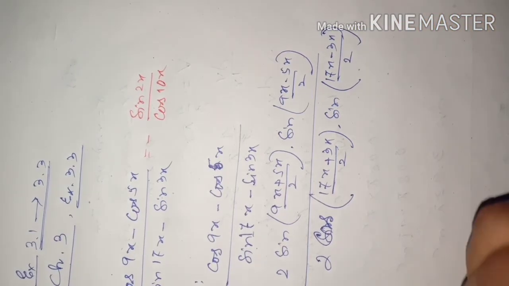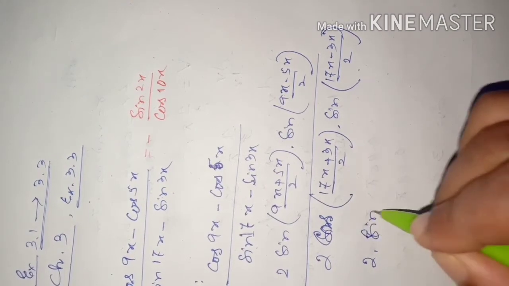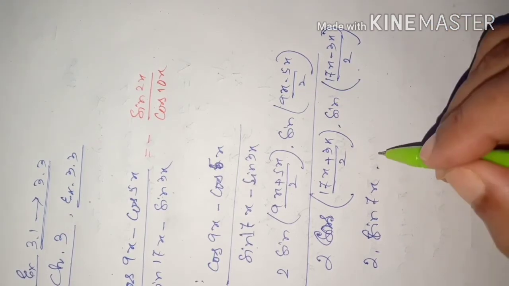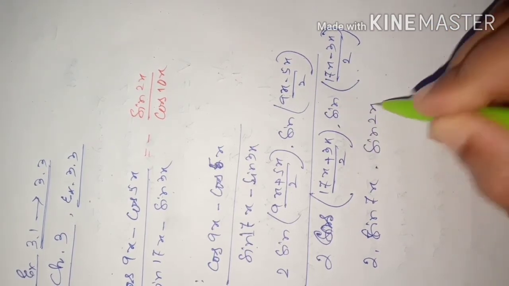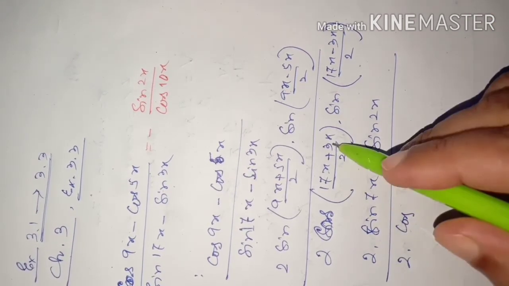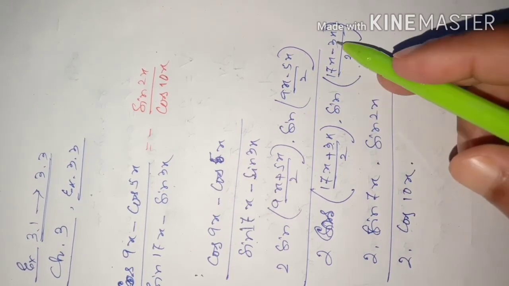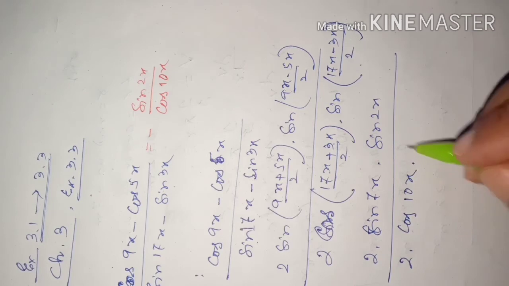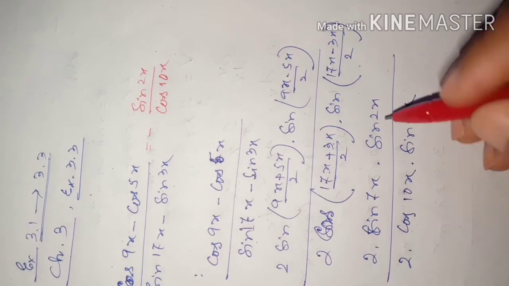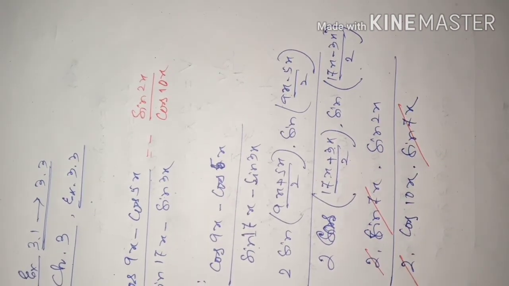Then we will get 2 times, this is 14 by 2, 7x, so sin 7x into, this is 9 minus 5, 4 by 2 is 2, so sin 2x, divided by 2 into cos, this is 20 by 2, 10x, into sin 17 minus 3, that is 14 by 2 is 7, sin 7x. So dear students, we can cancel sin 7x with sin 7x, 2 with 2, no? So we'll get here